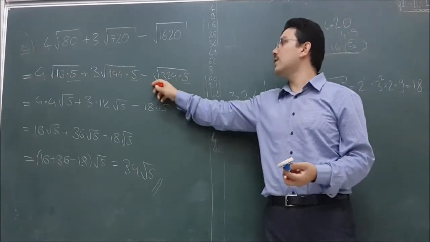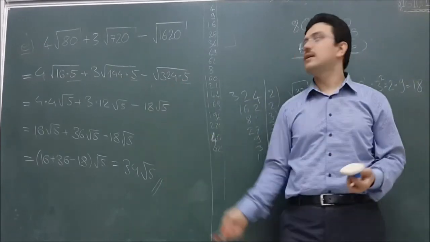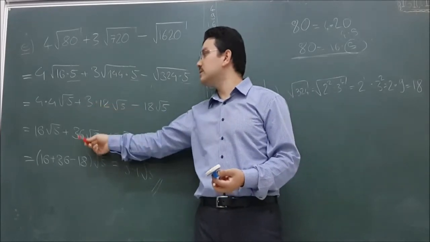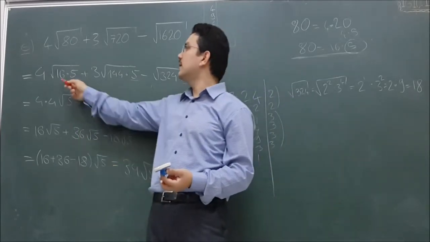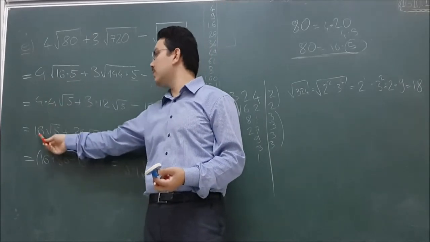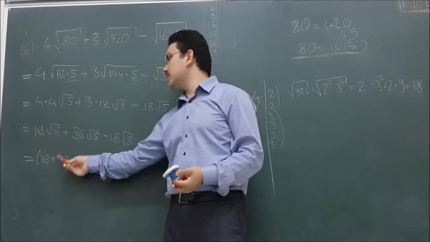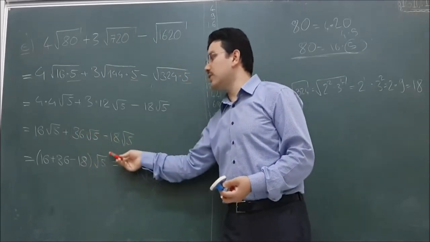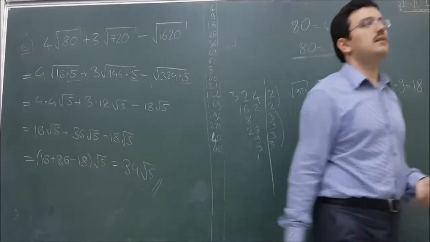We took this one out as 80. 144 as 12, 3 times 12 will be 36. 16 as 4, 4 times 4 will be 16. 16 plus 36 minus 18. You take the square root of 5 out of the parentheses, and